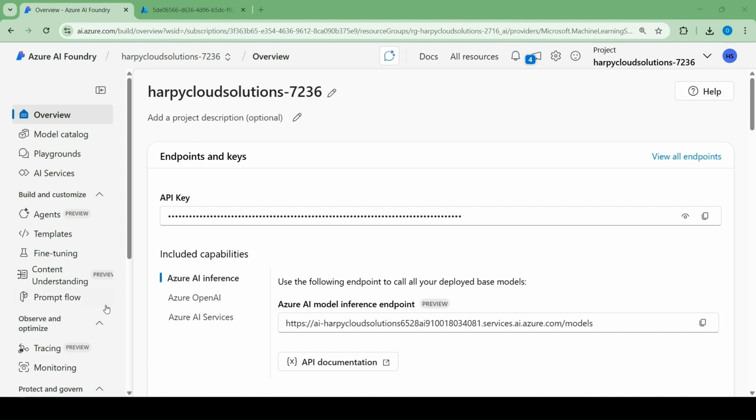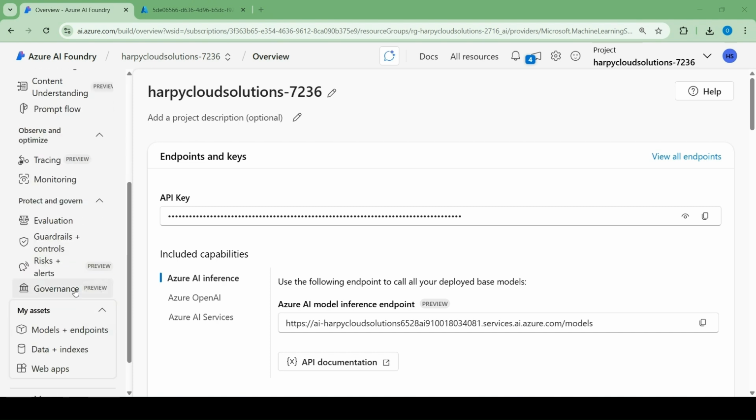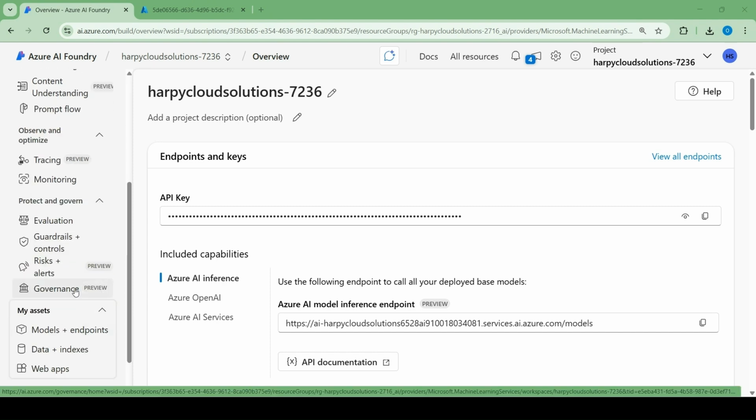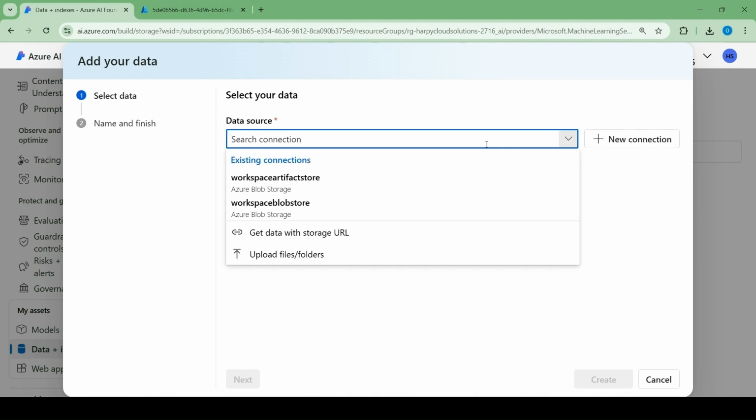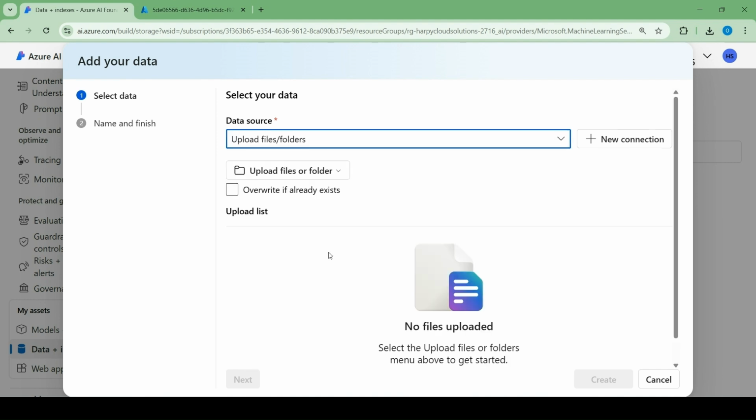Remember, the difference between this video and the one that was done in episode 2 is that for this video, we're going to be feeding AI our data. What this means is when you ask a question to the chat, like, what is my company policy? It is able to extract the accurate answer from the document that you've provided. So to do that, you need to go to data plus indexes under my assets and then click on new data, click search connection, click upload files or folders, click upload files,